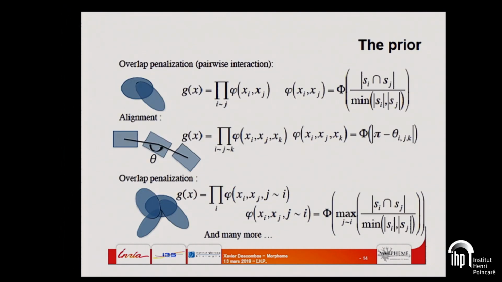Okay, so the main point of this slide is to tell biologists and engineers that the Markov property is very nice because in practice you only work on some pairwise interactions or a few objects, a finite number of objects. And then it's very easy to model different things. For instance, if you don't want your objects to overlap, you just have to consider two objects and compute, for instance, the area of overlap, and that is very common mathematics, even for biology.